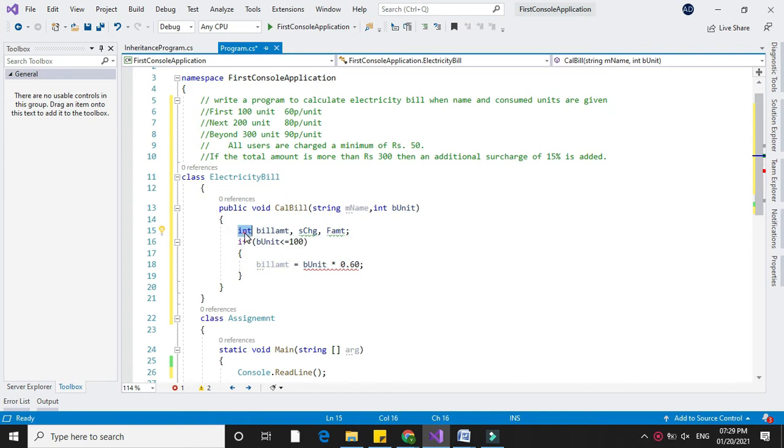I will declare all these variables as a double since the unit rate is in point.